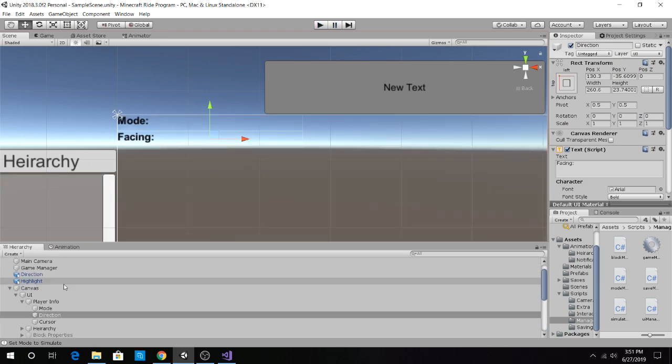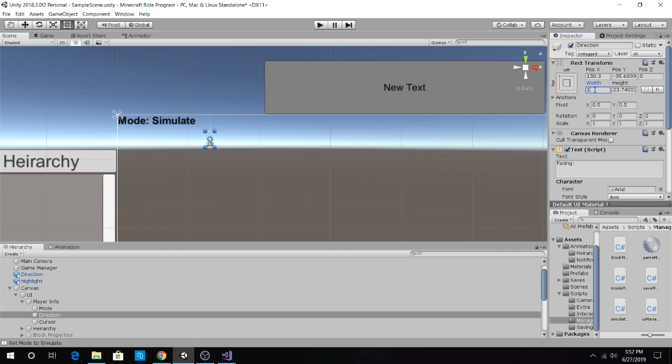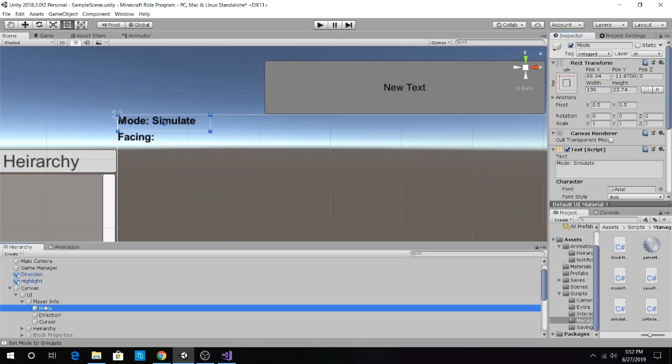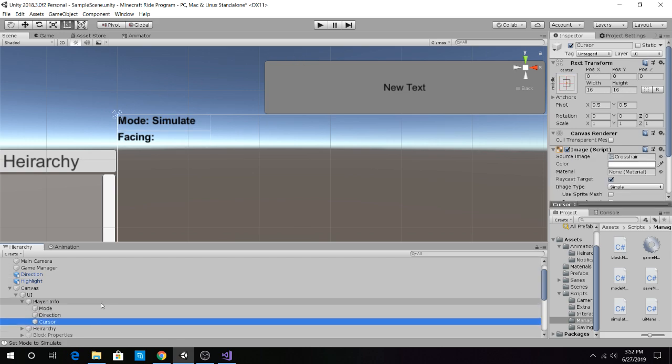So I guess what I can do is on player info, let me have this. So in mode, I'll put simulate. Okay, yeah, with that, we can actually shorten this much. Why not? I'll put the width at 30. Then the same thing with this 130. Not like that. Then we'll just copy it like that. And with that, we'll have, I guess, over here, the cursor, and over